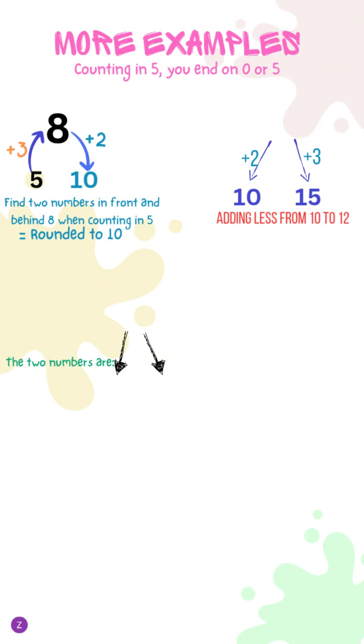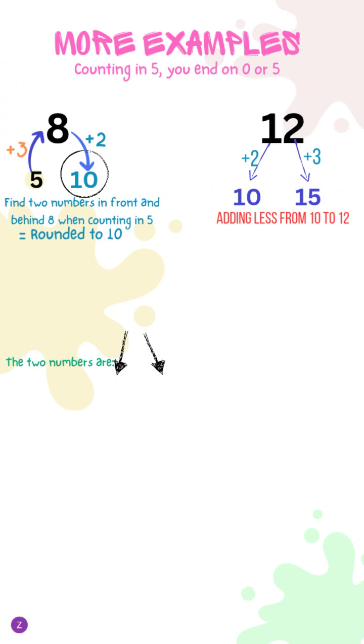I will give you another example. When you write the number down, like for instance 8, then you can now distinguish when you count in fives, you will end at a 5 number before the 8 and at a 0 number behind the 8. For instance, 5 or 10. Now, from 5 to 8, you count 3 numbers to get to 8. And from 8 to 10, you count 2. So when you look at it, the 8 will then be closer to the 10 because it only has 2 numbers in between, unlike the 5.